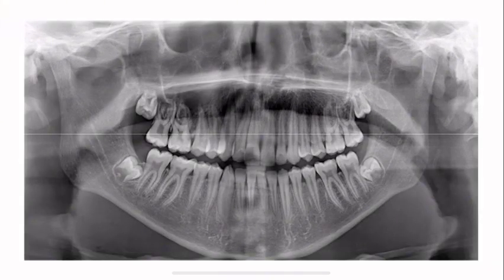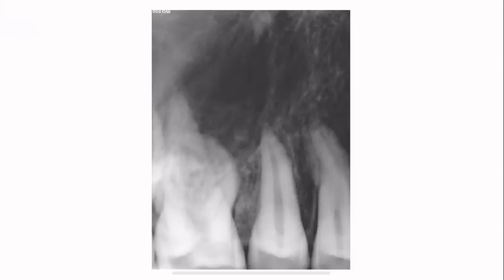Radiographically, the panoramic radiograph showed loss of the visible wall of the right maxillary sinus and root resorption related to tooth number 16. The periapical radiograph showed widening of the periodontal ligament space around tooth number 15, especially around the mesobuccal and palatal roots of tooth number 16.